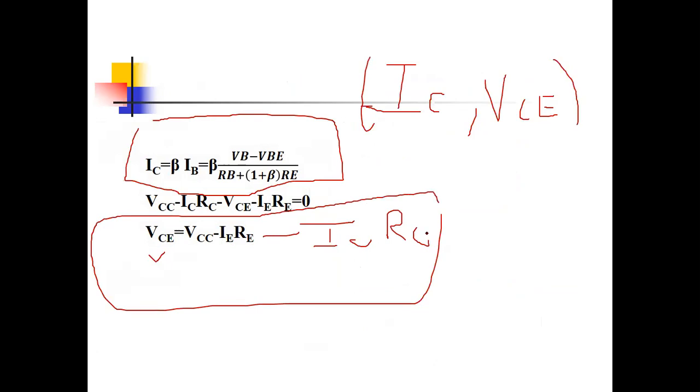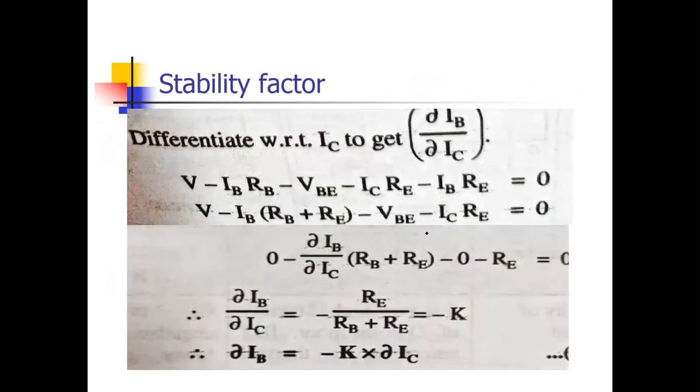So the role of biasing is for calculating the Q point. But the next, main important point is that you will find out Q points anyway. The role of biasing is to stabilize the Q point. So how do you understand how stable your voltage divider bias is? That is the main point.